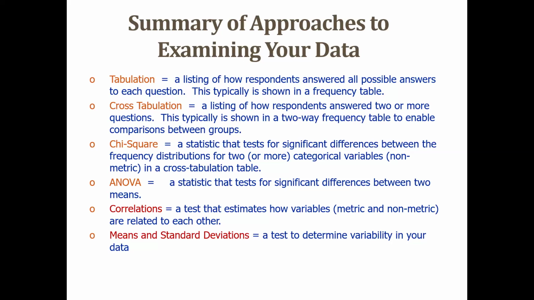So it's typically used in a two-way frequency table to enable comparison between groups. So there is a question you are asking, and you have a response format that each respondent will choose. Now you also want to look at not just how they responded to those questions, but you also want to compare